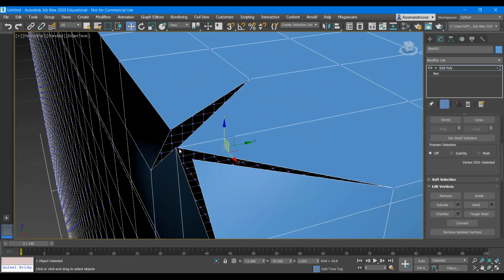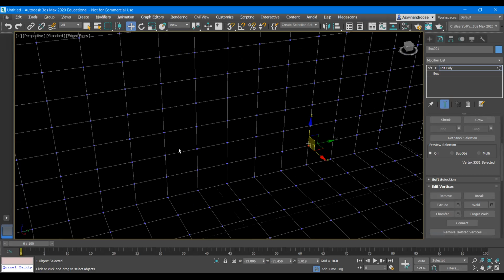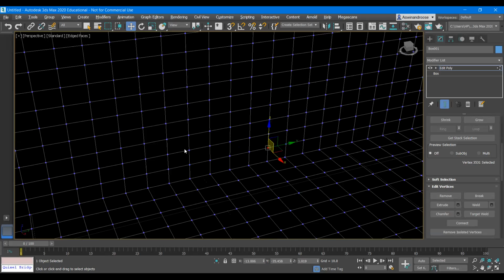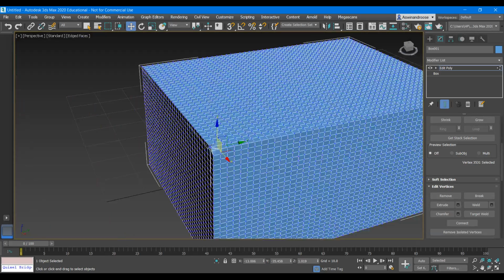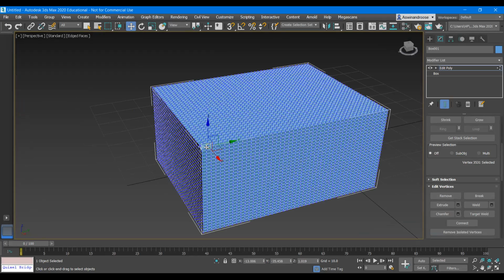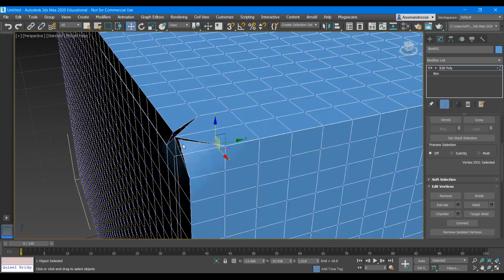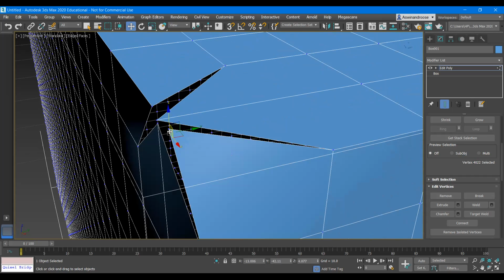No, don't drag. Just click and select. Otherwise, it will select the back side also. Zoom out and click and select one vertex. Select this one. Make sure you have selected the correct vertex.